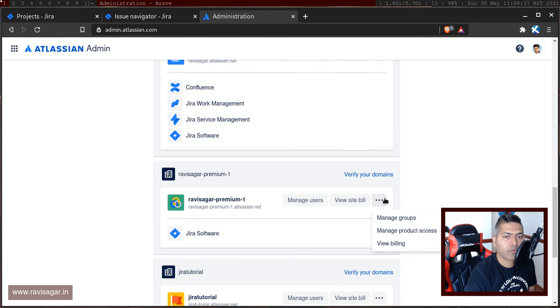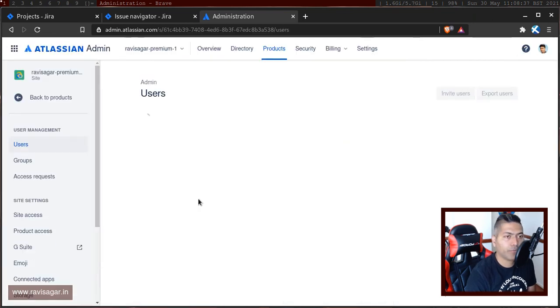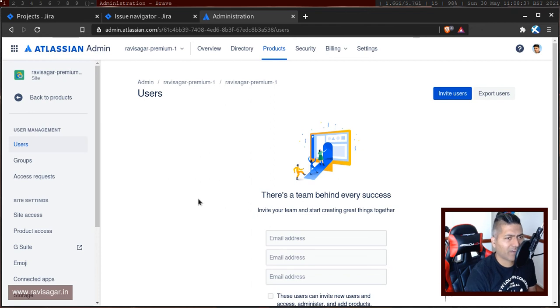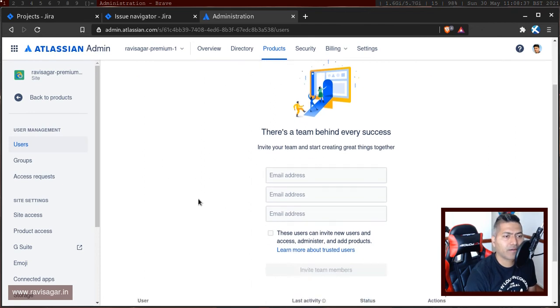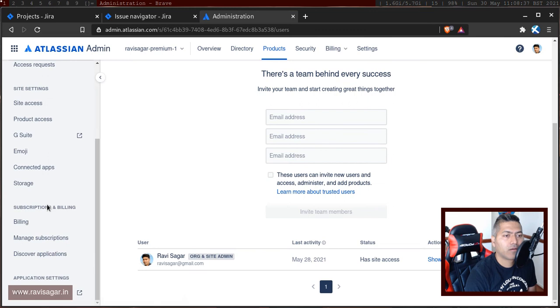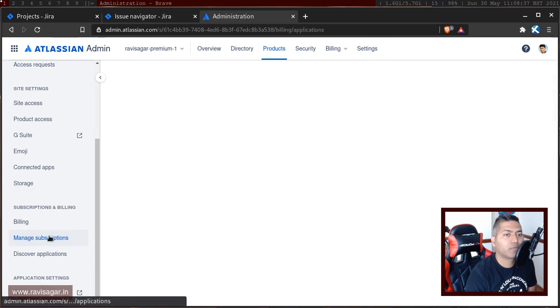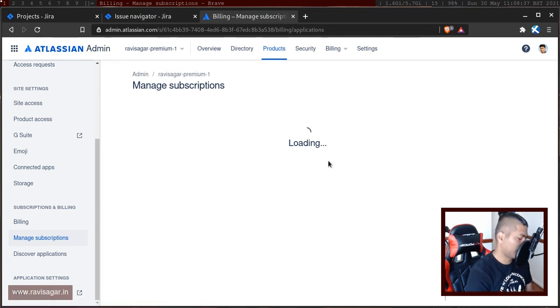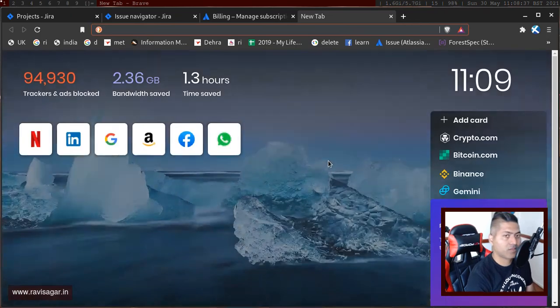So view billing, maybe I'll just click on it, and I'll try to, do I even have access to create a sandbox? Application settings, okay. Manage subscriptions, no, I don't think so. Okay, let me just do a quick search.